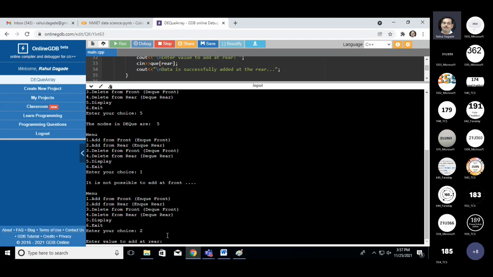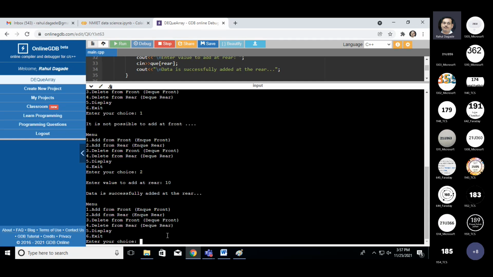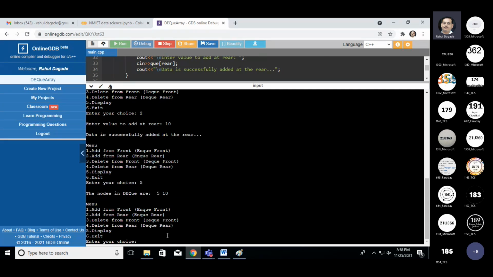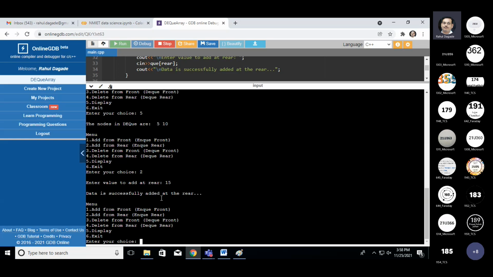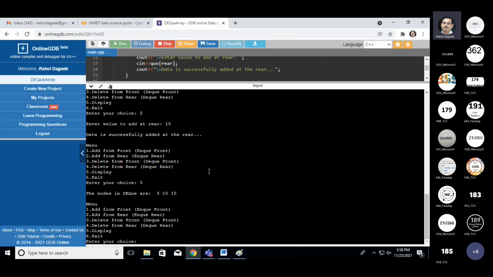Now let us add the value 10. So it is successfully added. Now let us display it. So 5 and 10. Okay. So now let us add one more at the rear. So 2, let us add 15. So now let us display it. 5, 10, 15. So this is how we can add it. If we go on adding till the last one,